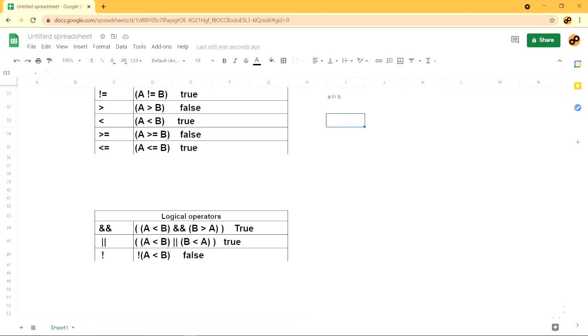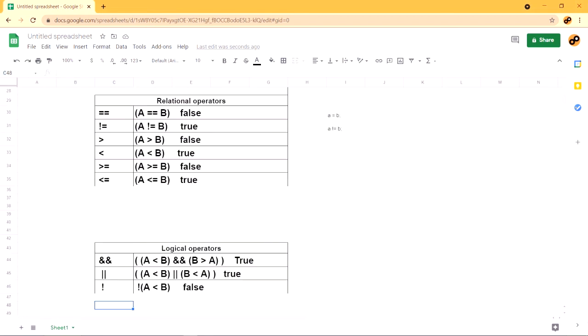And the last operators are logical operators. Ampersand, or, and not. This is called logical and, this is logical or, and this is logical not. So basically, imagine you have two statements, one false and one true, and you want to compare both. There comes a situation where you want to check if any of these is true, or if both conditions are true, then you want to get into some block of code. So you use this logical AND operator.